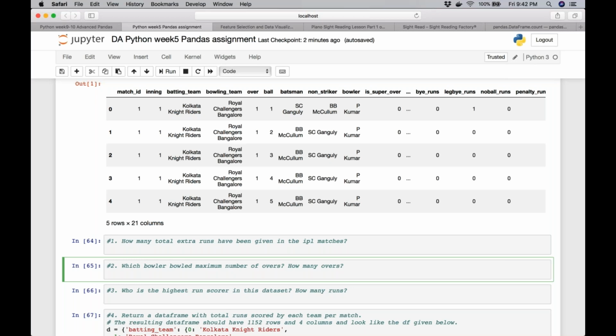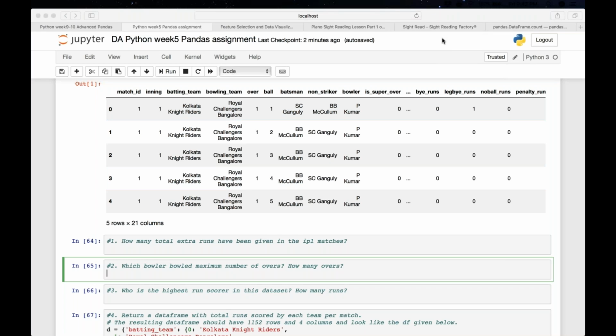So Aruna, how did you approach this? And where are you stuck? It's not very clear. How about others? Is everyone having a problem? Even you are not able to hear properly?